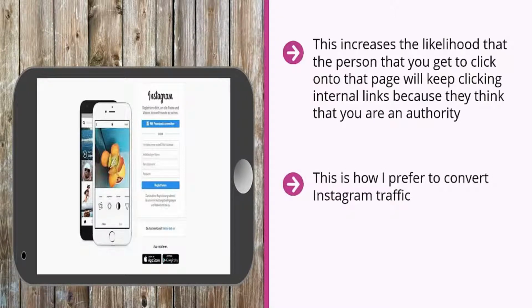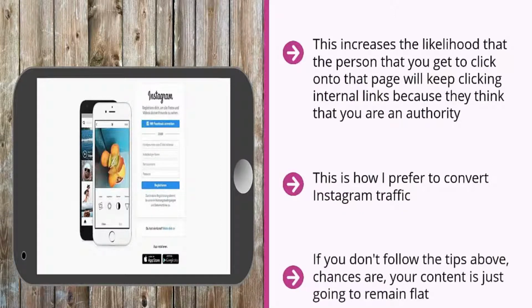This is how I prefer to convert Instagram traffic. I don't just dump them into an article, which then dumps them into a sales page. It would be great if they are in a mood to buy, but chances are they are not. The better approach is to get them on your mailing list and let your mailing list, by sending content and other information, do the heavy lifting of eventually converting your list members into paying customers. That's how the game is played. If you don't follow the tips above, chances are your content is just going to remain flat. It's not going to register with your target audience members,